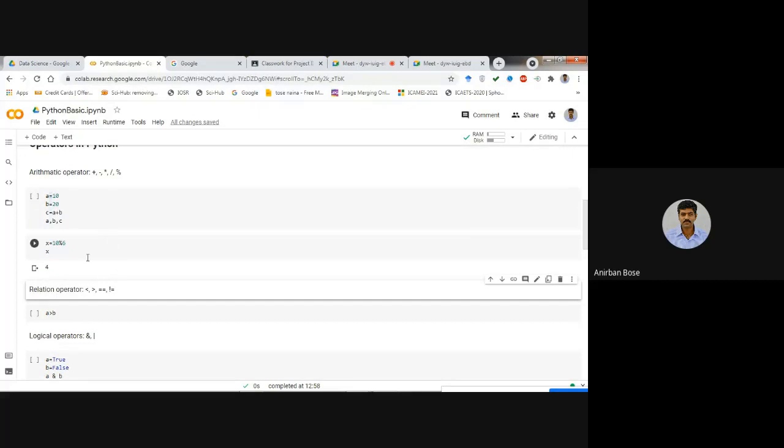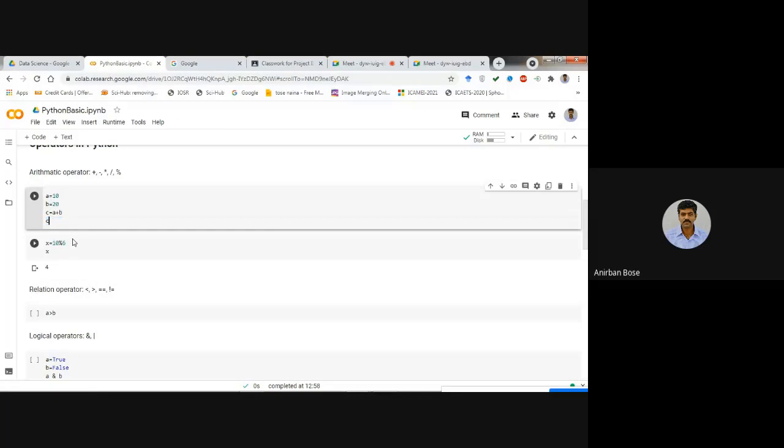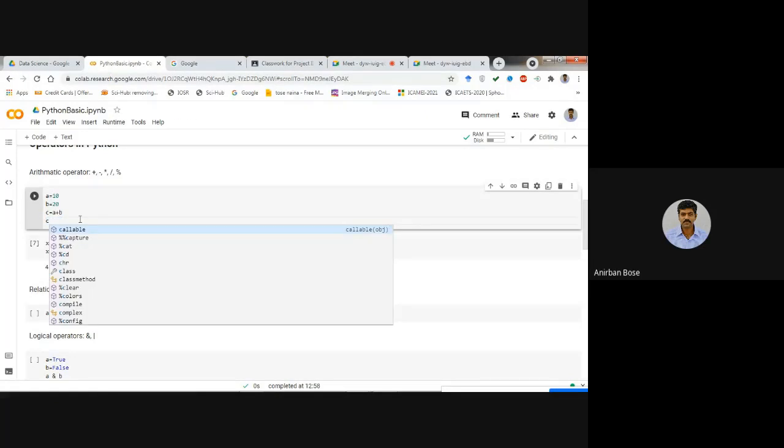So these are the common relation operators and the arithmetic operators. I think these are very familiar to you. In one piece of code here you can see a very simple example: you have assigned 10 and 20 to variables A and B respectively, and suppose you want to find their sum, so you just write C equal to A plus B. Now if you want to see the value within C, you can simply write C, or you can also print C. That is your choice.